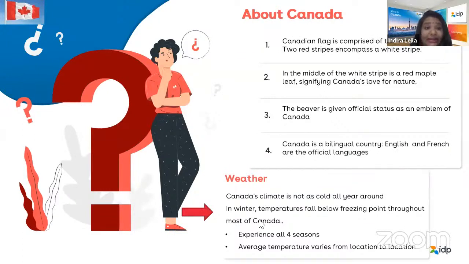So, another thing which keeps a lot of students in a dilemma, whether I should choose Canada or not, is because of its weather. A lot of people claim that it is a very cold country. I can't go to that country. No, guys, it's not at all true. Canada has 4 beautiful seasons, and of course, the winters are a bit cooler when compared to that of India. You can't compare it with India, of course. But it is not something that you can't bear all the while.